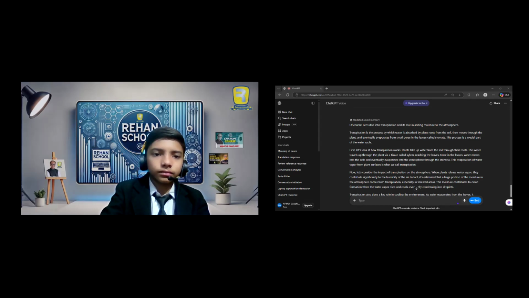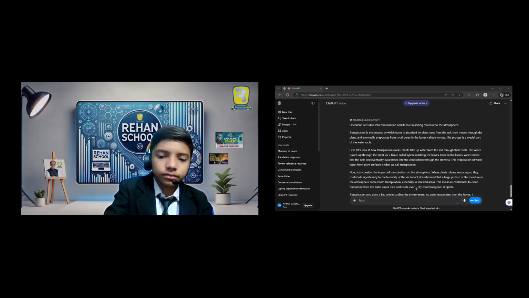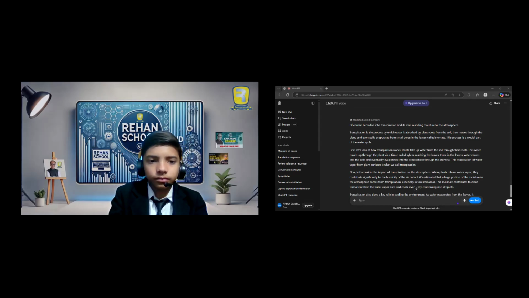These currents are responsible for many weather phenomena, such as the formation of clouds, thunderstorms, and even larger scale atmospheric circulation patterns like trade winds and jet streams. In summary, convection in the atmosphere is a fundamental mechanism that helps distribute heat, drive weather patterns, and maintain the dynamic balance of our atmosphere. If you have any more questions or want to go deeper into any specific aspect, just let me know.